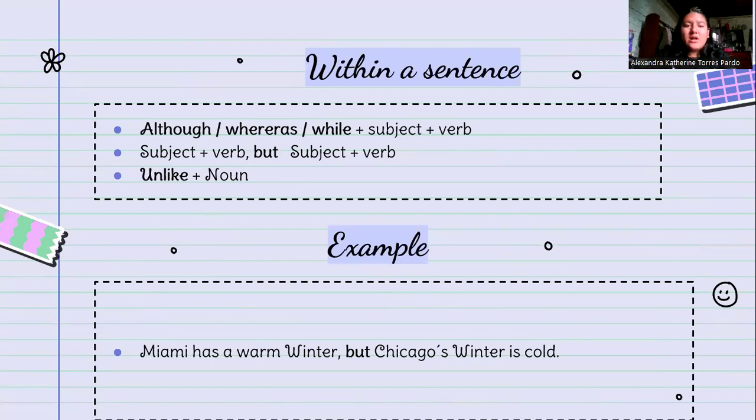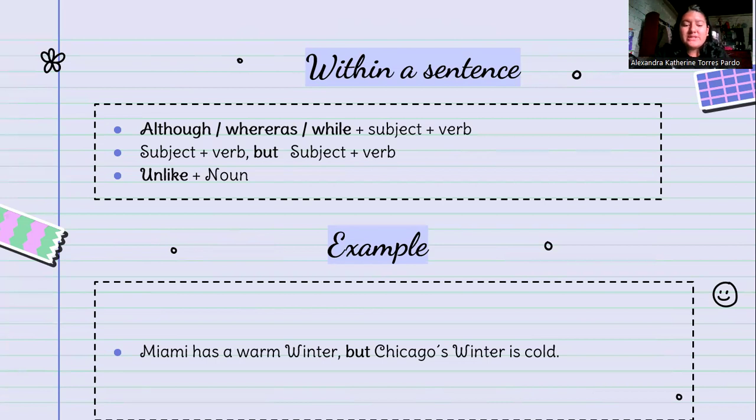Within a sentence: although, whereas, while, plus subject plus verb. Subject plus verb, but, subject plus verb. Unlike plus noun. The cohesive devices mentioned above are used to contrast different ideas or to highlight the difference between elements of the text. They are especially useful in writings in which we are presenting an argument, and we want to compare opposing positions. One example of this,